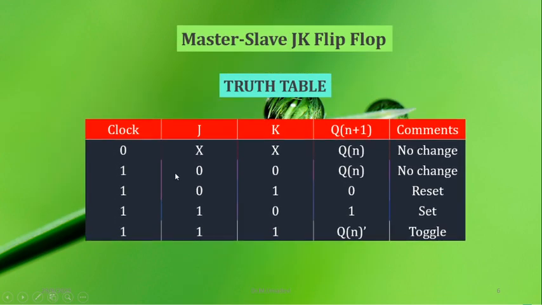This is the truth table for master slave JK flip-flop. When the clock is 0, that means when we are not applying the clock, there is no change. That will retain the previous state. When J K is 0 1, it is reset, because 1 appears in K; J means set and K means reset. Then 1 0 means set and 1 1 means toggle. So this condition alone is rectified in master slave JK flip-flop, whereas in SR master slave flip-flop, this is an invalid condition, but here it is the toggle condition. That is the main advantage of master slave JK flip-flop over master slave SR flip-flop.